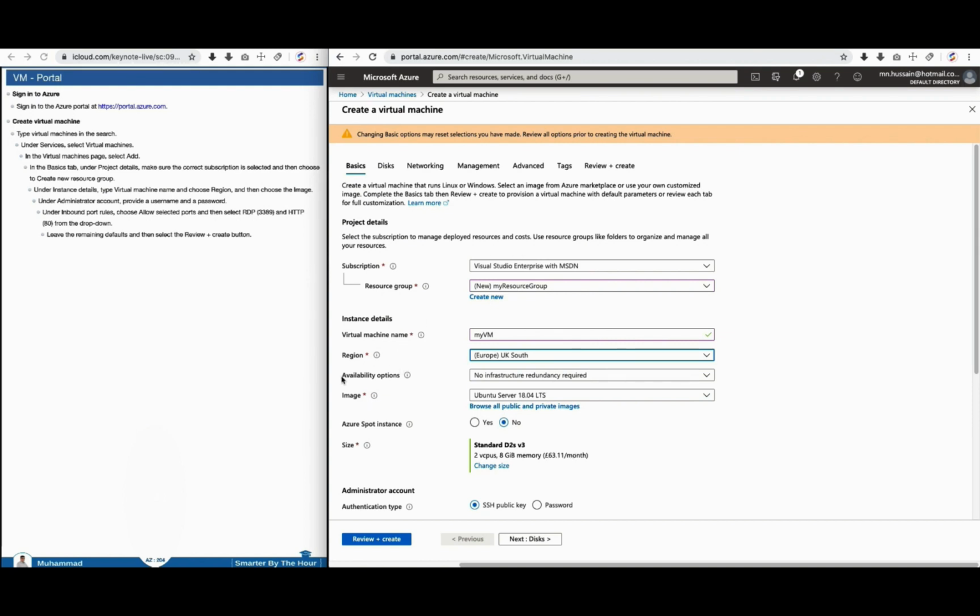After that, the next field is availability option. This is an optional field, and also this is related to replication, so let's leave it as it is. Next, you need to choose the image or operating system which you want to install on this virtual machine, and